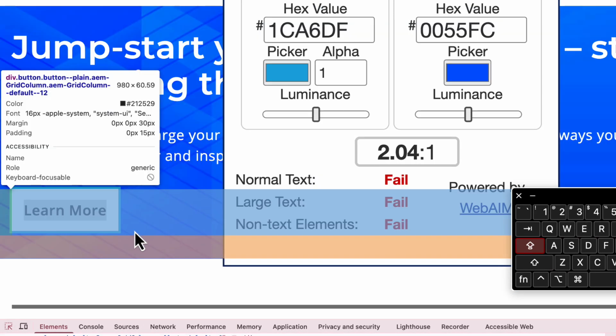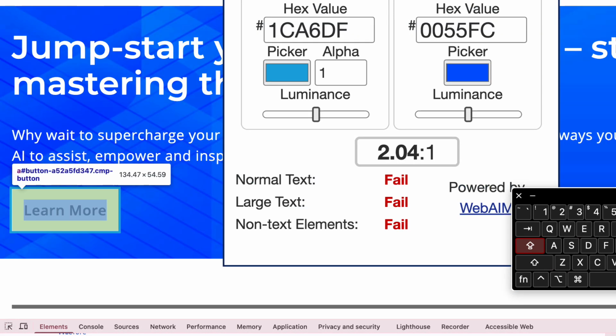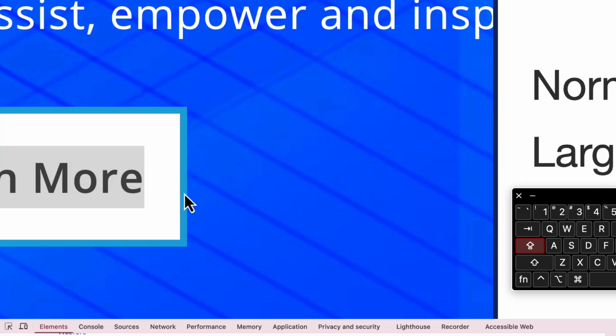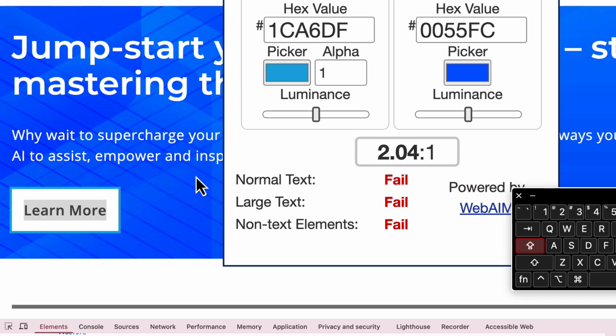Another thing I want to mention is this is an outline. Whenever there is an outline, only the outside of the element must match the outside. So right here, since it's an outline, we're testing only the light blue outline against the background image, but we're not testing it against the white component. But as I will show you, if the focus indicator is actually a border, then you need to test the border against the inside of the component, as a best practice.